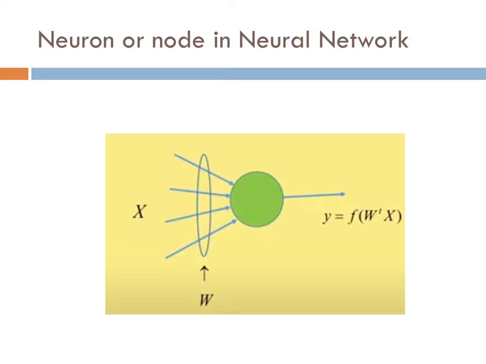Earlier, every node has two components, which I have discussed. The first component is the adder, followed by the nonlinear function. In the adder, I had given the sum over i equal to 1 to d of wi into xi. Now it has been replaced in the form of W transpose x. Both are the same. W transpose x is in vector form, and what we discussed earlier was in scalar form.